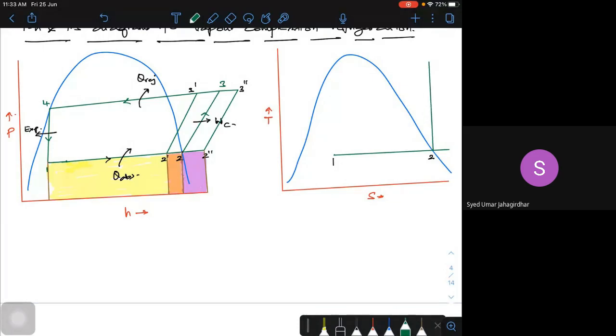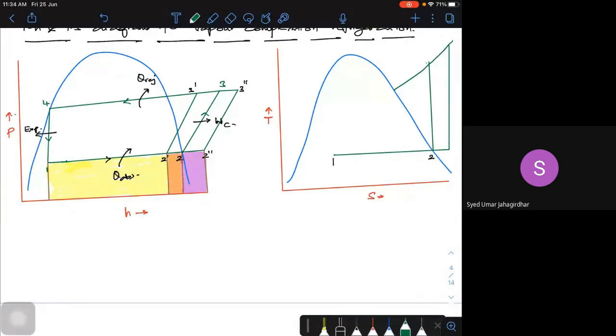Then if I want to come back and represent it on a particular pressure, it will be like this. Okay, this is how you have to go. So this is the pressure curve, your pressure curve on your TS diagram. If I go for a superheated condition, that is 2 double dash, I'll be going like this. I have to represent it like this.